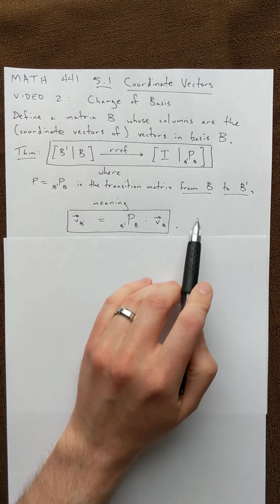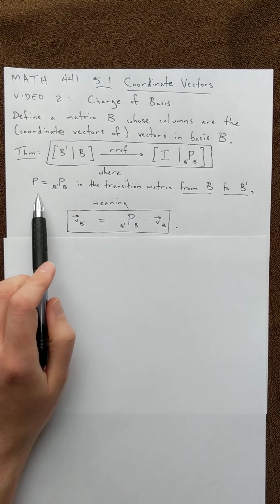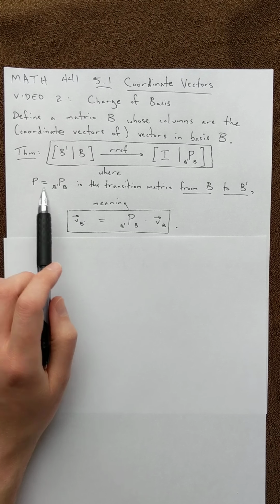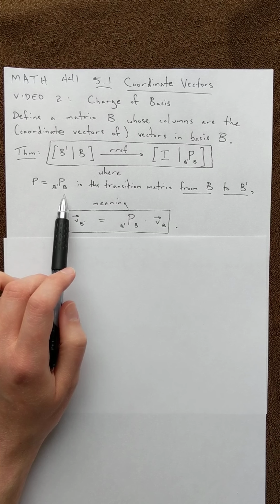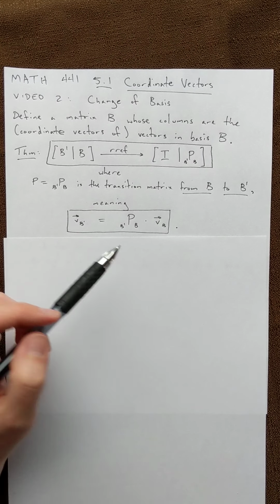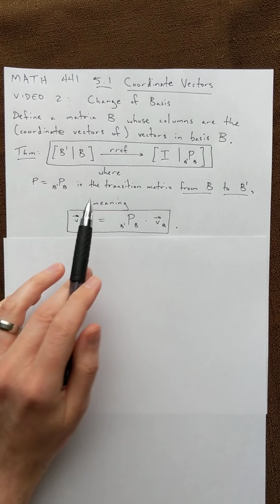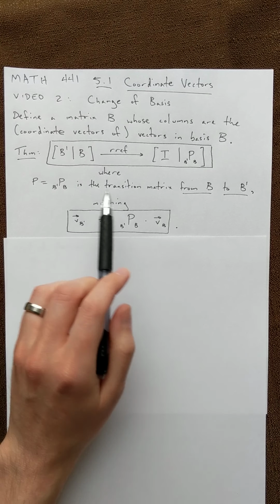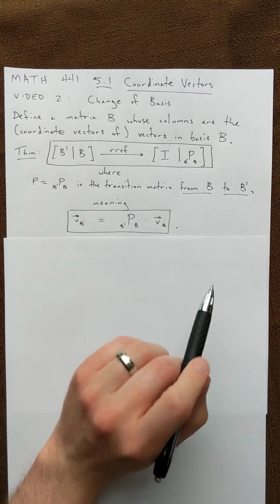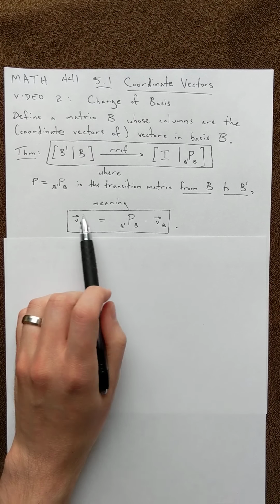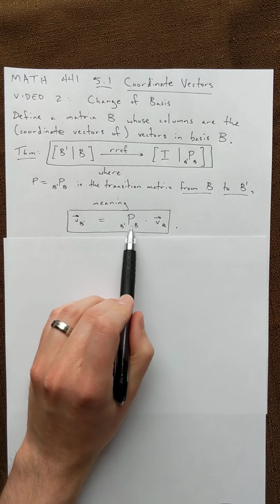And one thing that we do have to be careful of, the reason I'm writing P with two little b's instead of just P, which is how the book writes it, is it's really easy to get mixed up about which basis you are leaving and which basis you are entering. So I'm always going to write two of them, and then we are going to have to figure out which one it is going from and which one it is going to. If I write it this way, P times a vector,